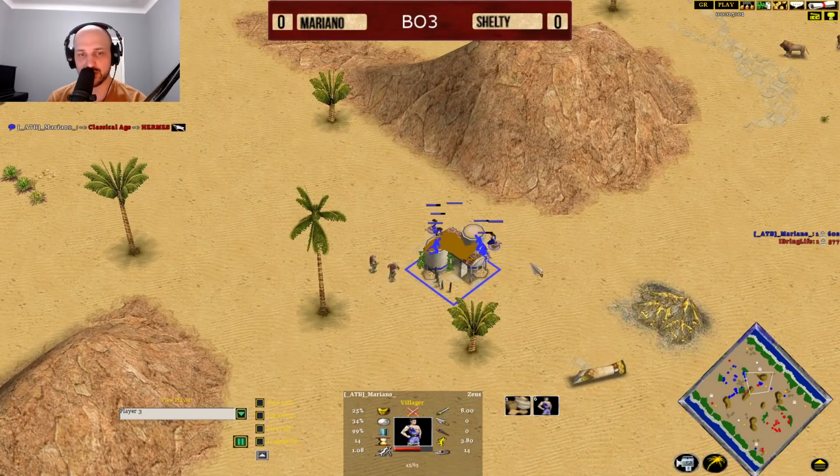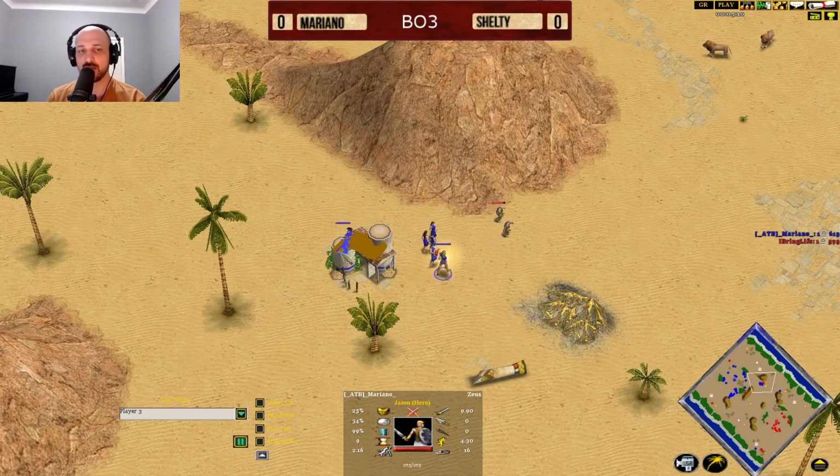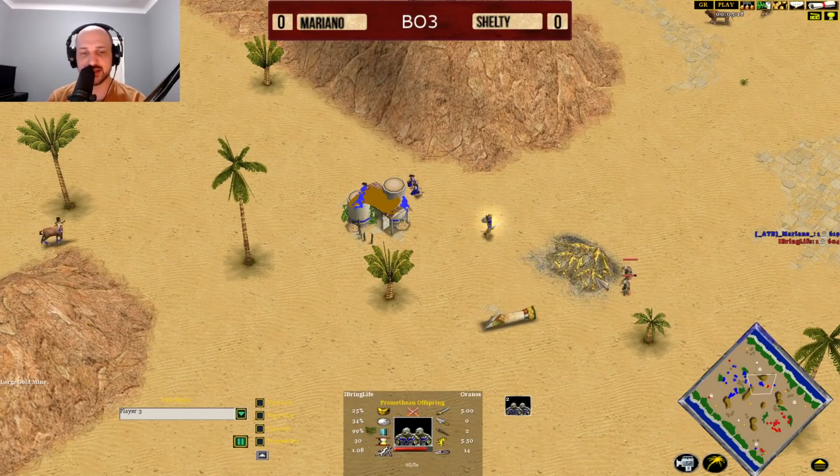We do see the Promethean offspring coming in, going to be hitting Mariano's villagers here. Does a little bit of damage onto this one villager as Jason is returning. And as you can see, this Jason did next to nothing here. We do see the Catastrophe is still checking this out, but this Jason has done nothing. He could have been here and defended this Promethean raid